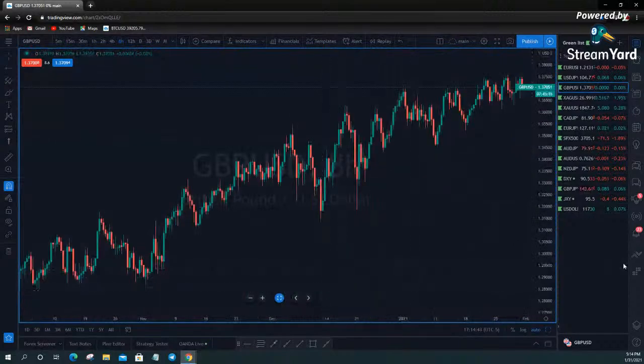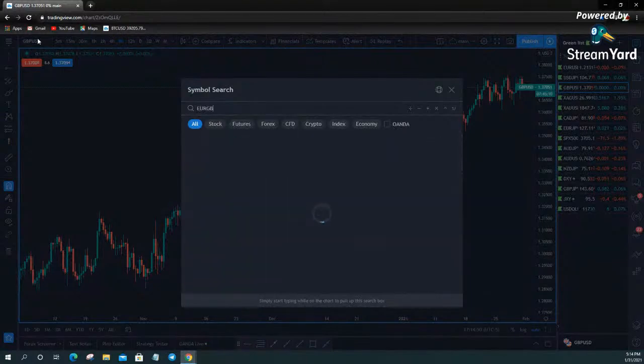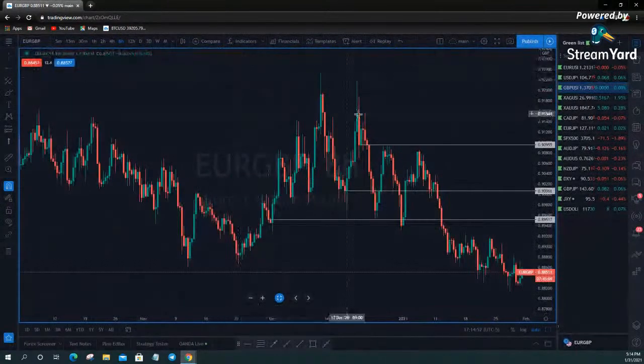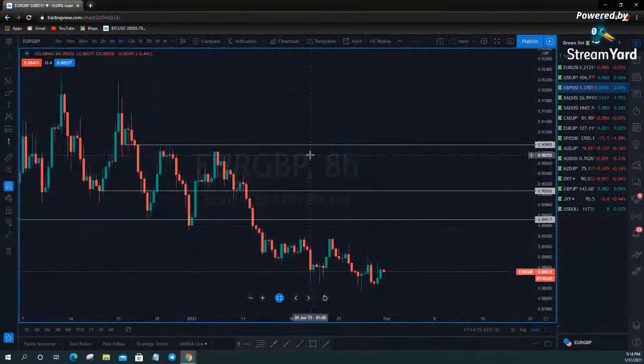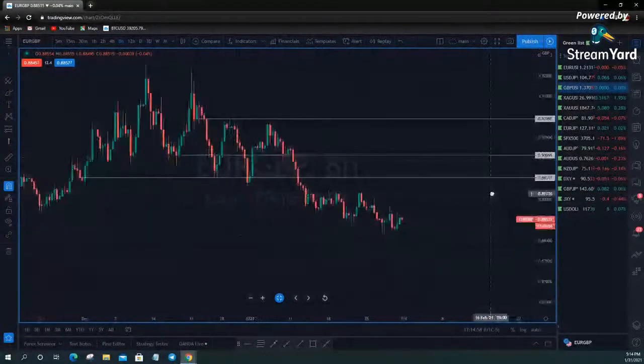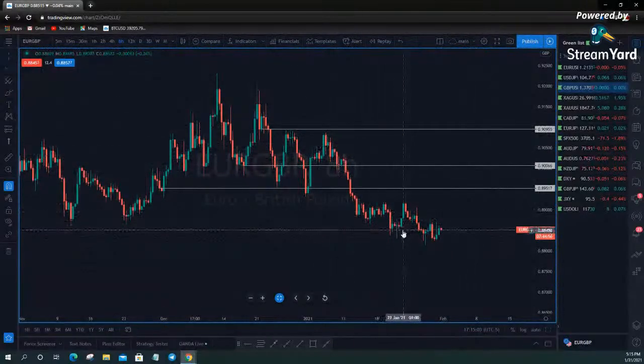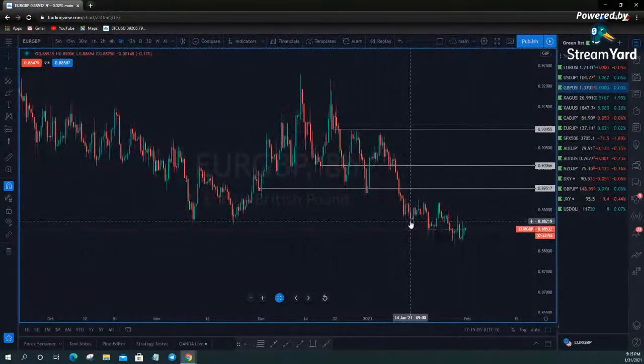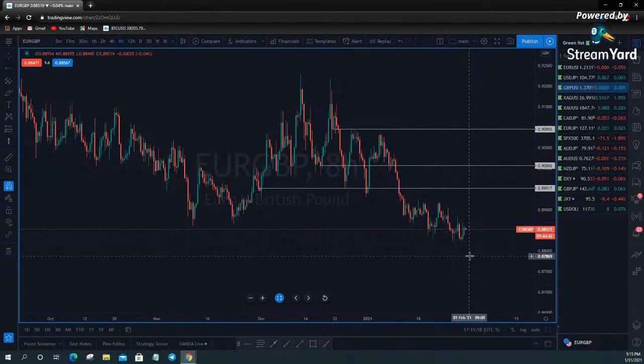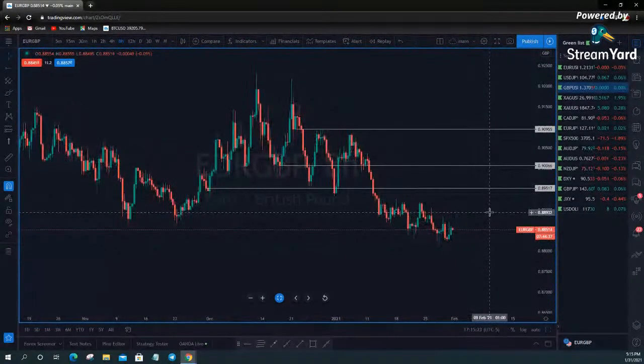We can go look real quick at the euro pound, because that's how I gauge the strength between the euro or the pound. I want to take the trade against the dollar in whichever direction, whether I'm bullish or bearish. I will trade the dollar pairings, but by looking at the euro pound, you can essentially get a gauge as to which of those two currencies would best be suited to take an entry position on Euro USD or Pound USD. So if the pound is stronger and this is moving down, I will look for entries on the pound. If this is stronger, it's moving up, I will look for entries on the euro, if that makes sense.